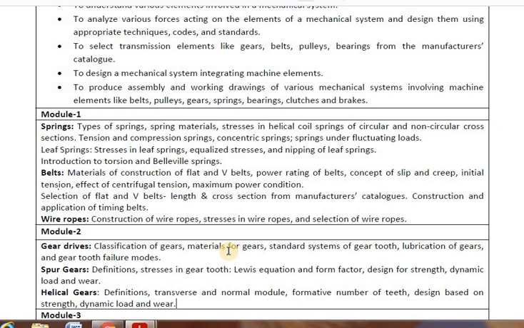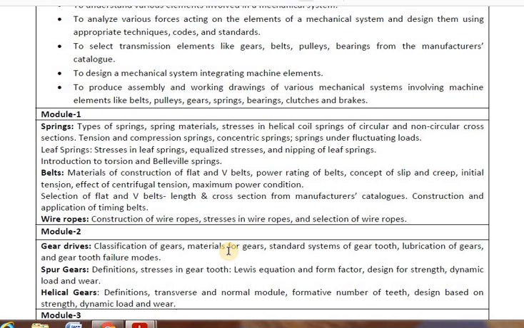Application examples of springs are springs used in bicycles, and springs used in a sofa set, where you sit comfortably and the springs are compressed inside, in the earlier old type systems. Springs are used in automobiles, like clutches, and above the axle you find plate-like structures. That is also called a spring, which we call a leaf spring.